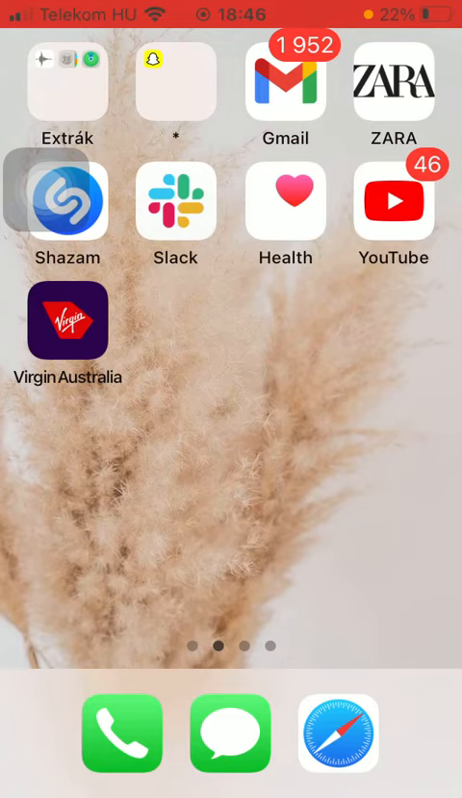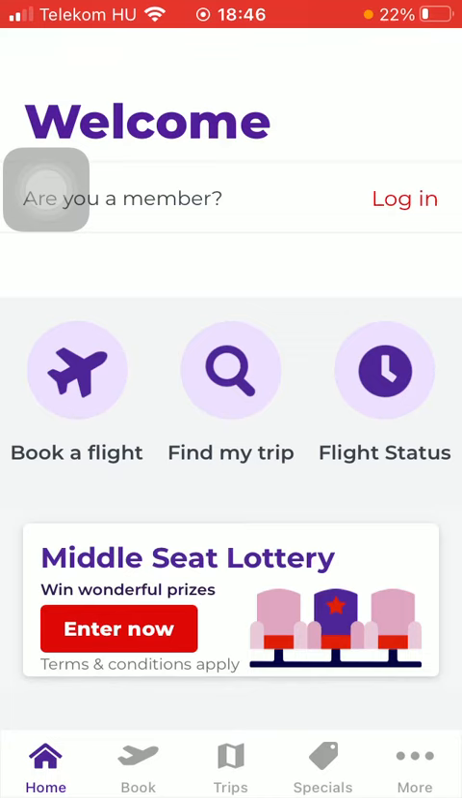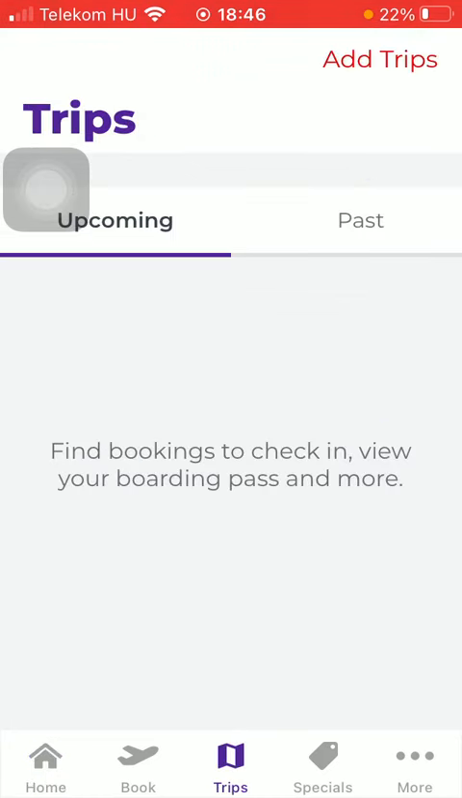Now let's jump into it. First of all, open the application on your phone. Then tap on the trips button down below, which is the third option. After that, click on the add trips section or button that you can find in the upper right corner of